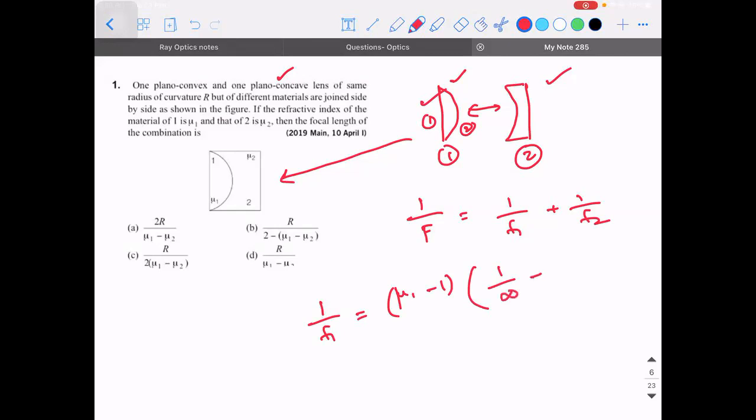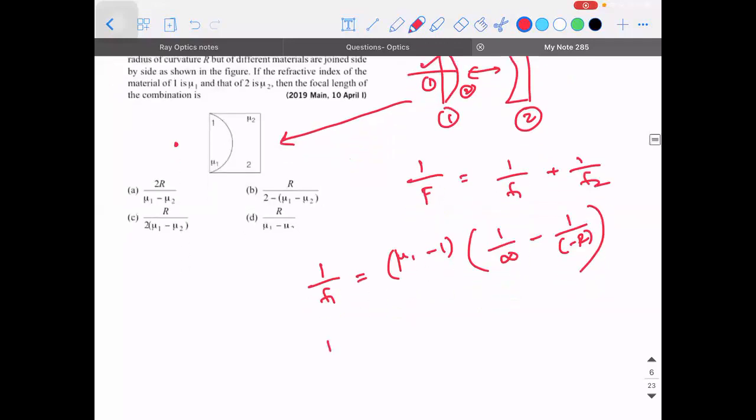Very good. Minus 1 by R2 is how much? Minus R. And the left side, I told you, you have to see from here. Then what is 1 by F2? Mu2 minus 1 into 1 by